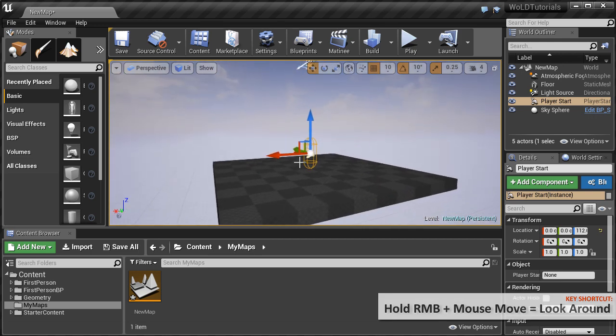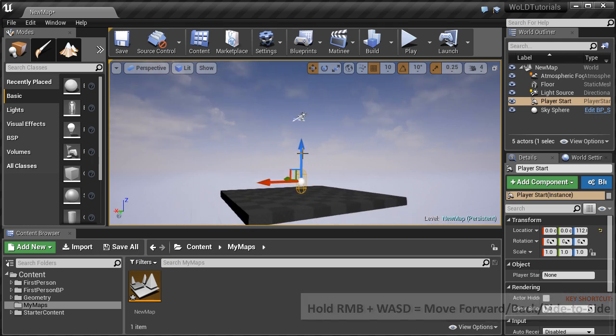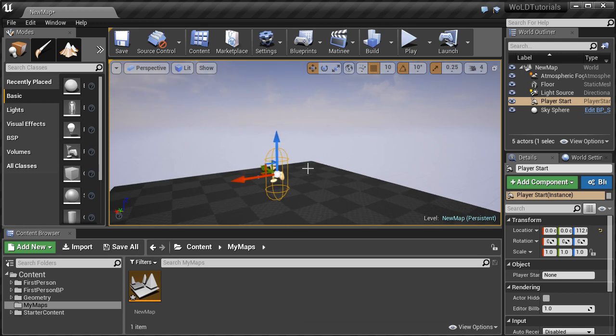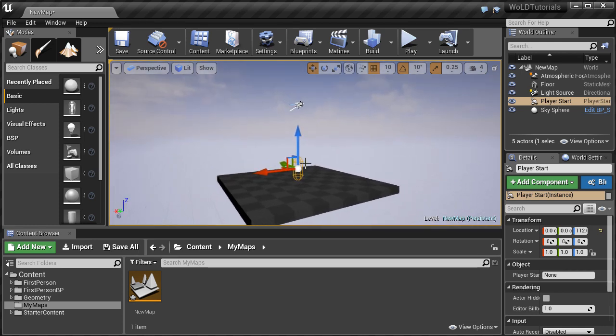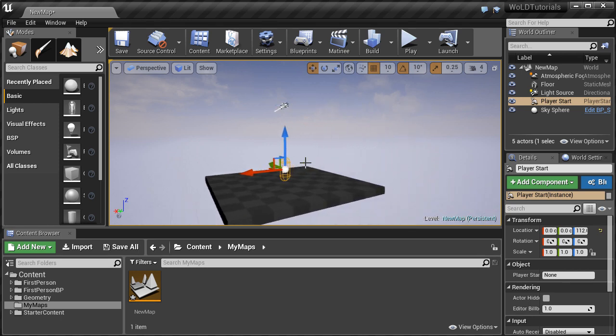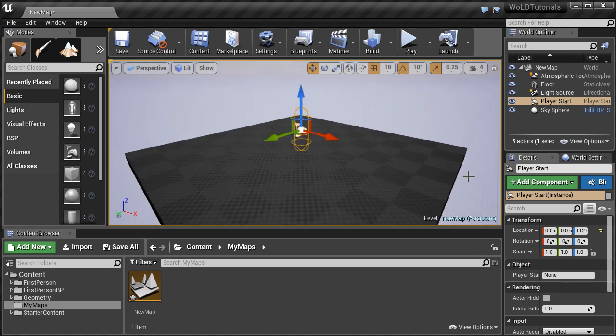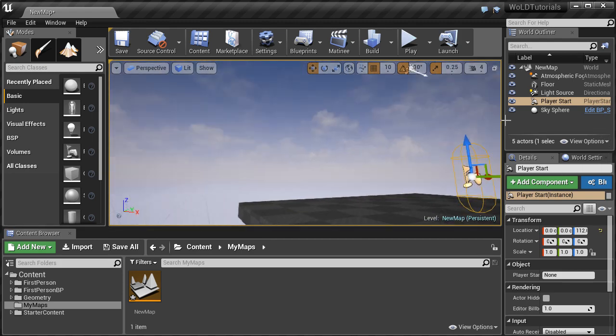At the same time, you're holding the right mouse button. And if you press W or S, this will move you forward and move you back. So W moves you forward and the S key moves you back. A and the D will strafe you left and the D key will make you move right. And if you use the WASD together, you can move around the viewport, and with the mouse button you can